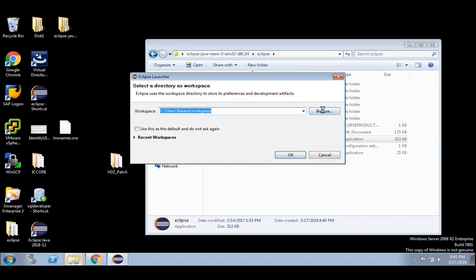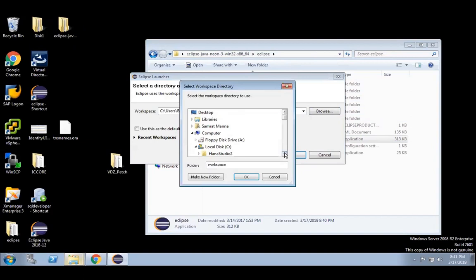No, you change your own. I have to change it my own. Eclipse. There you downloaded Eclipse, right?